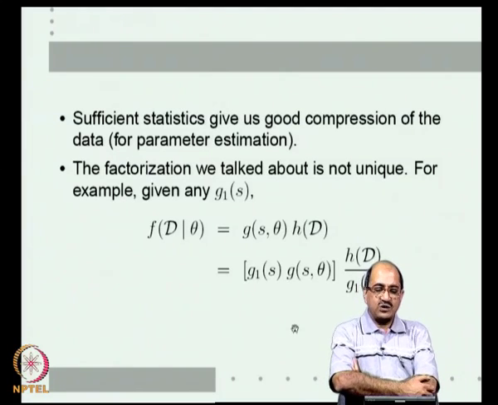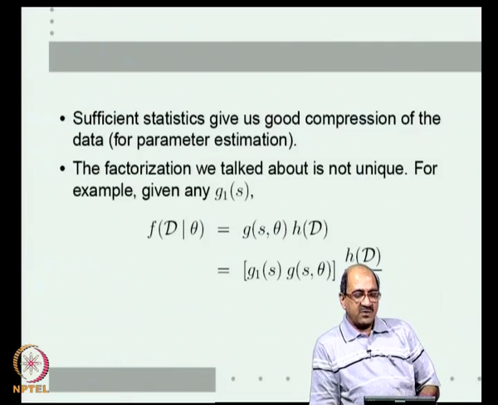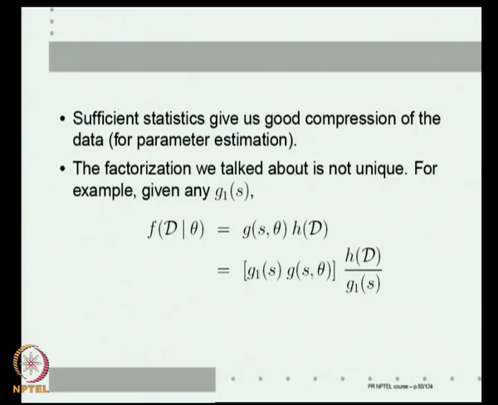Having said that, we should also realize that the factorization we talked about is never unique. We are saying S is sufficient if the likelihood factorizes into two factors, one dependent only on S and theta, another dependent on the individual data, but not on theta. Now, given any such factorization, f of d given theta equals g(s, theta) into h(d), and given any other function of the statistic g1(s),